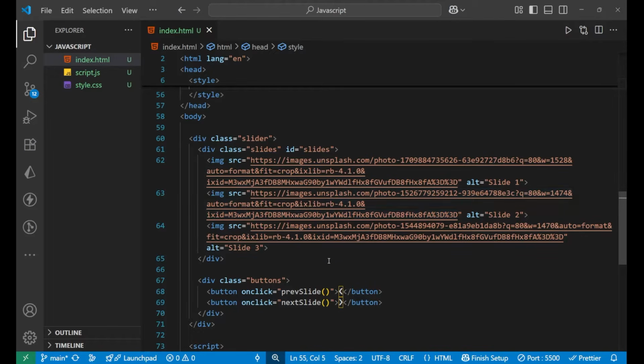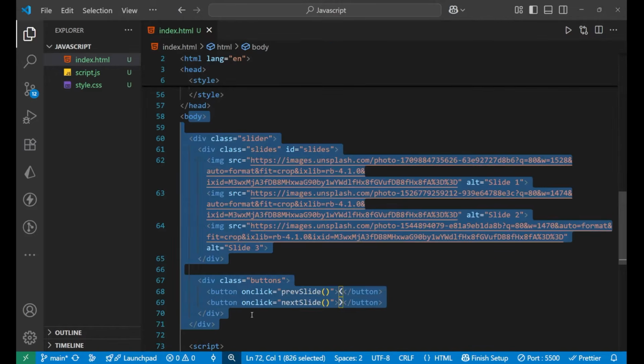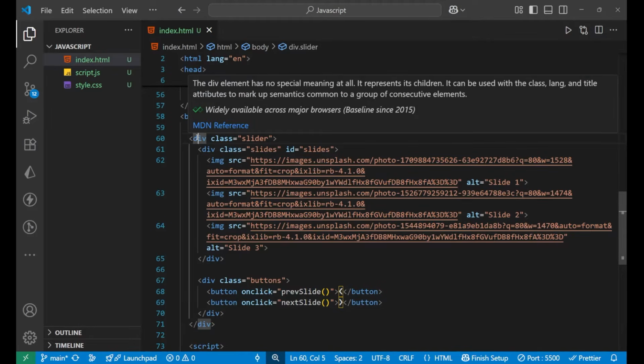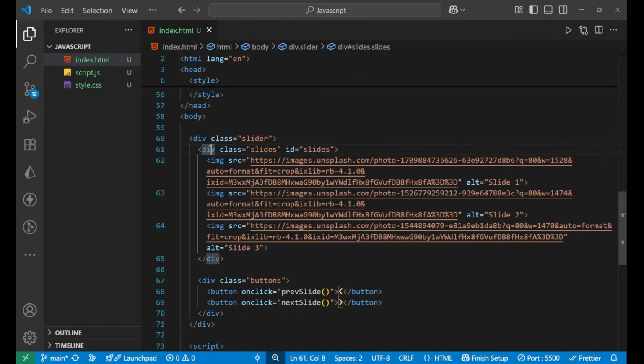I'm going to explain mainly the JavaScript part and the logic behind it. All the CSS and the HTML part I will explain briefly, right? So you can see this is the HTML part of our code. If you look at the top, this is the main div whose class is slider. Inside of this I have two different divs. One div is for the slides, and this other div is for the buttons. Inside the button div we have two buttons. One is for the previous slide and one is for the next slide, right?